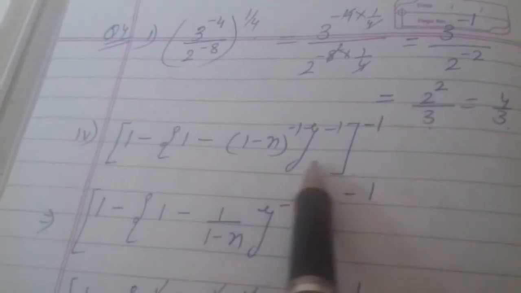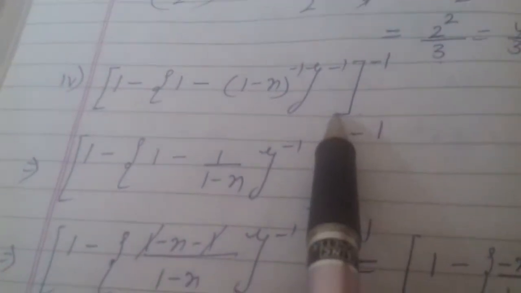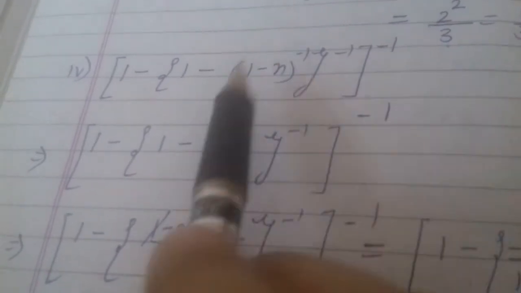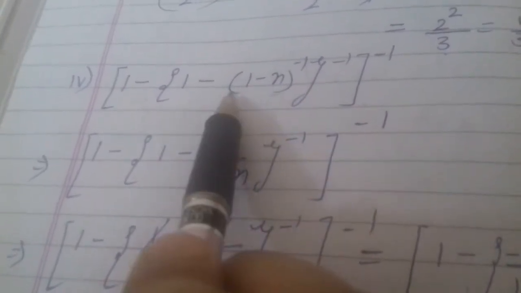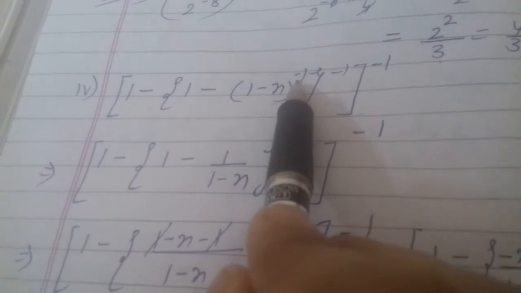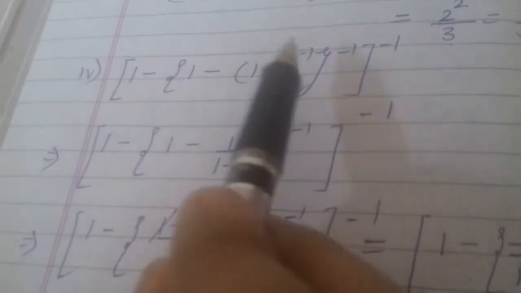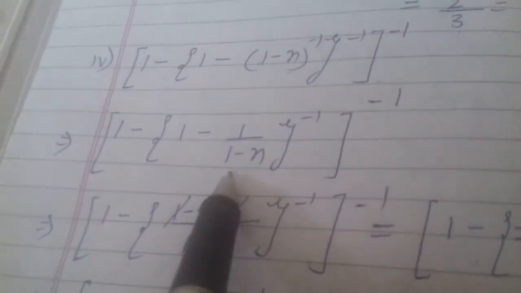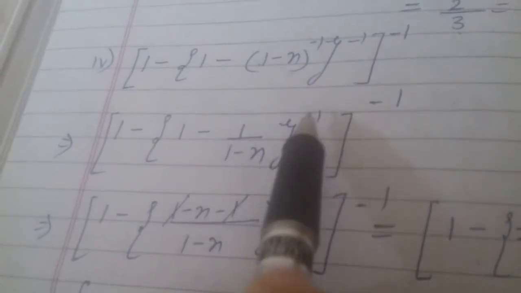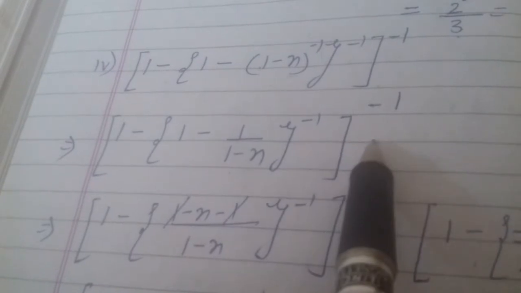Very important question. You know BODMAS, the order of removal of brackets. First we have to solve the simple bracket. So what is the sign of this term? Minus 1. So see children, as it is, as it is, as it is. Power is minus 1. How will it be written? 1 over 1 minus n. Then the rest of the terms as it is.